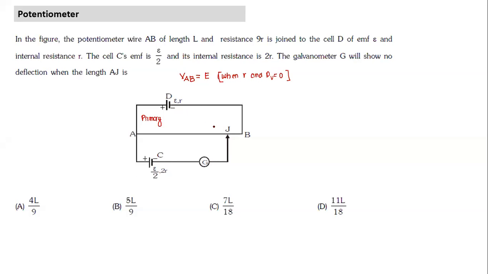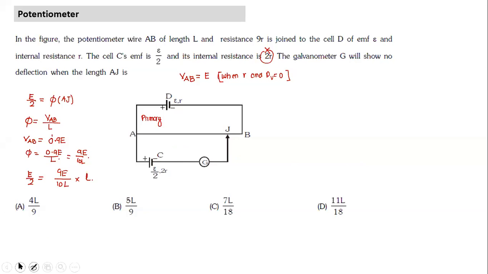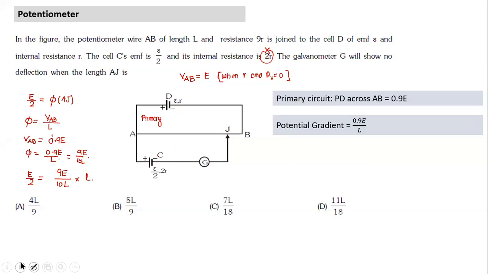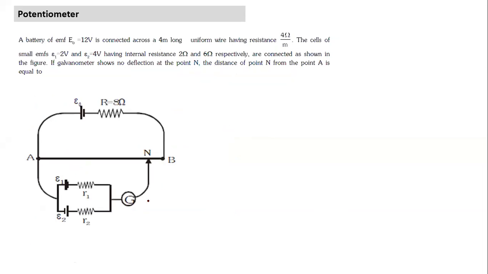So this R here and this resistance are given. Try and solve all of it. I think this is a simple question, one setup, so all can easily solve. Let's move on to the next one. Primary circuit. Okay, it is a potential gradient balancing state. Let's solve this question now.